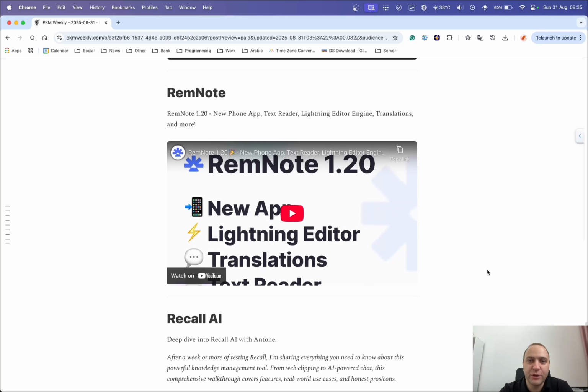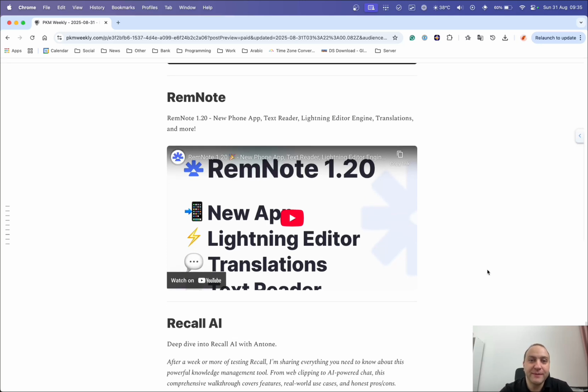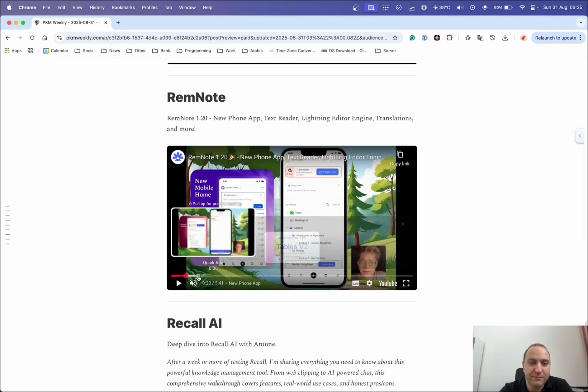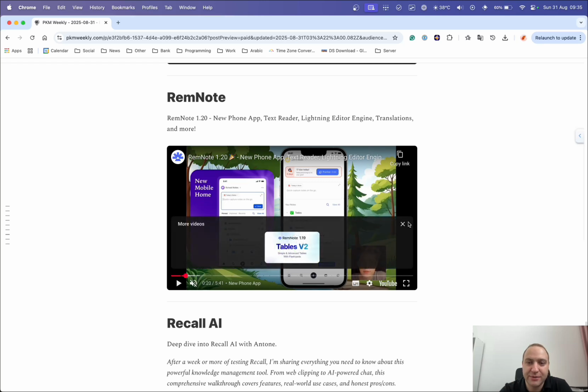RemNote, they were quiet for a little bit of time, but now they've released version 1.20, and that includes a new phone app, text reader, lightning editor engine, translations, and a lot more. So again, what they've done is they've gone and published a video, so you can see the mobile app, how it looks,